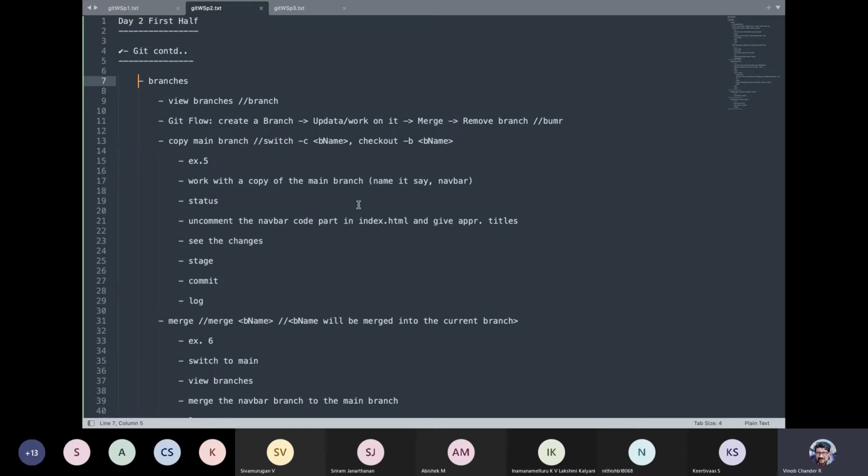Again, how many branches you should have, whether the branches should be small, all the things are to be considered depending upon the complexity of the project. And again, there are so many different best practices that you guys need to follow when you work with branches, right? Something like once you're done with the branch, please make sure that you delete or remove the branch, right? All these aspects. So when I say best practices with respect to branches, there is something called Git flow, which is considered a best practice that most developers make use of, that we all should embrace as well.